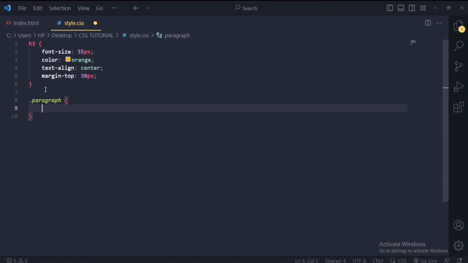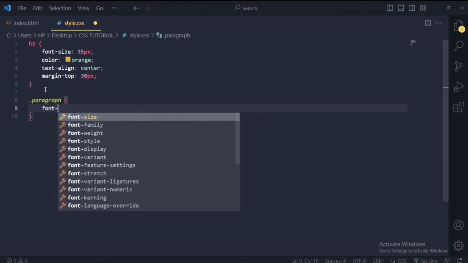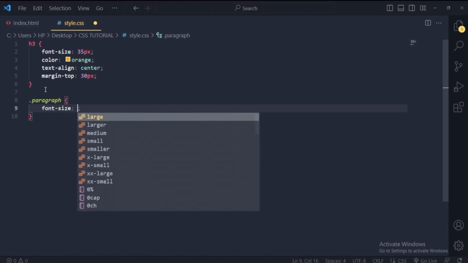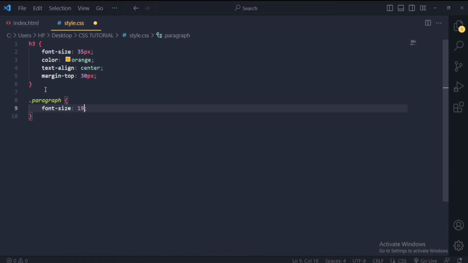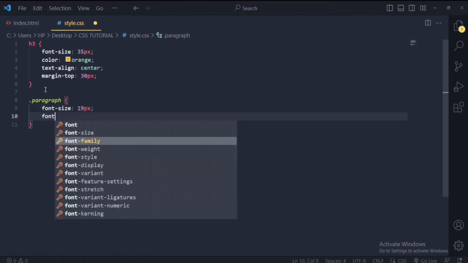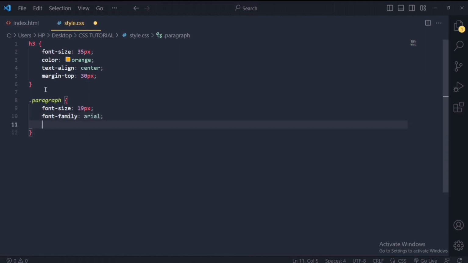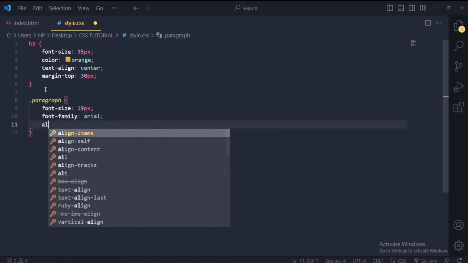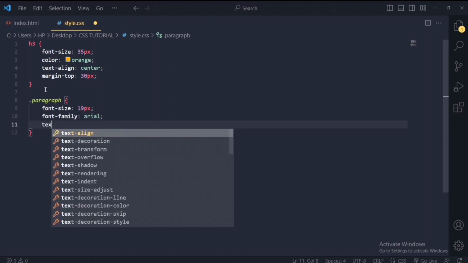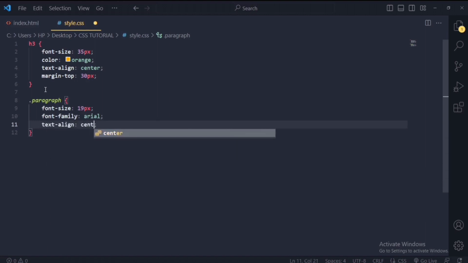Then we are going to give the paragraph a font size of 19 pixels, then font family of Arial, then you can just say text align center,